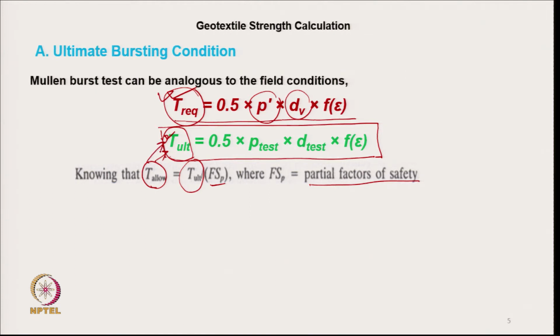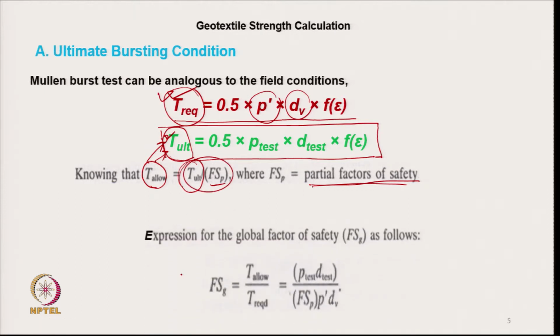So, it is a factor of some partial factor of safety we always try to keep for variability in material. The material, geotextile, is normally variable in nature. To absorb that variability or other factors, we use partial factor of safety. So, if we divide the ultimate stress by partial factor of safety, that stress is allowed strength,